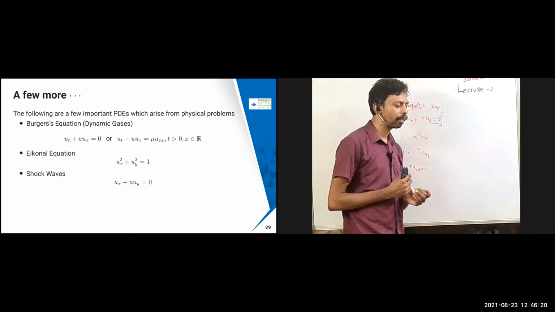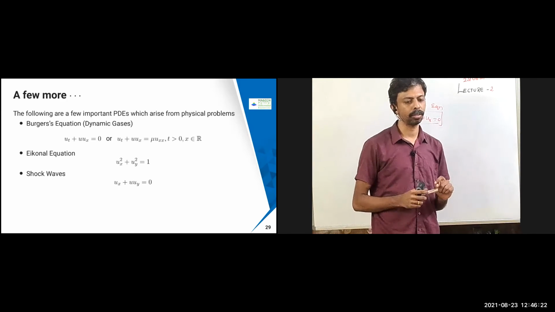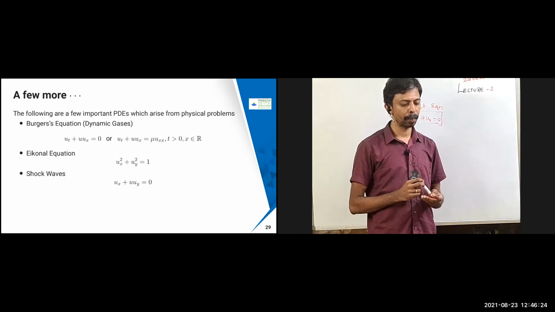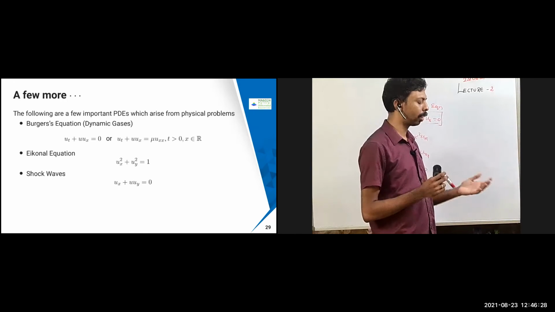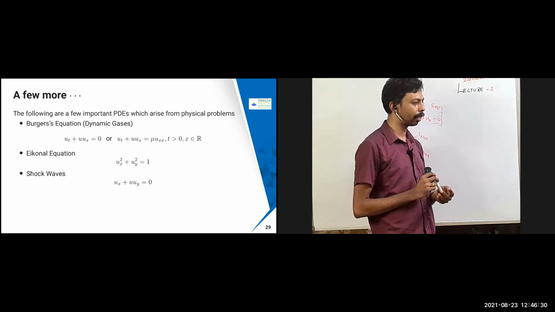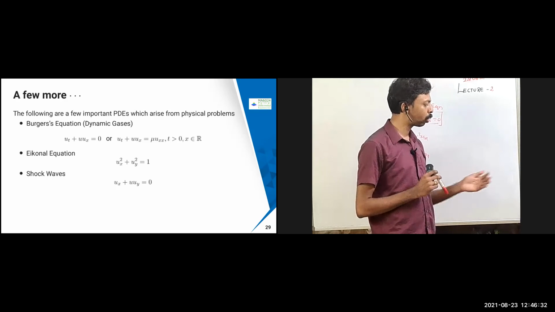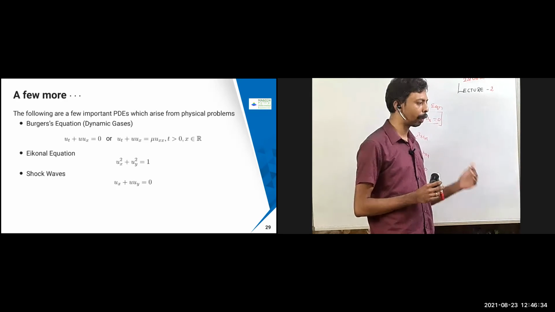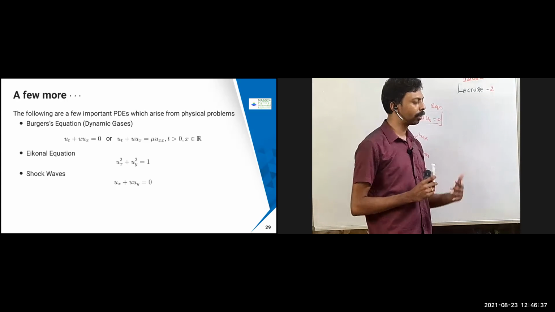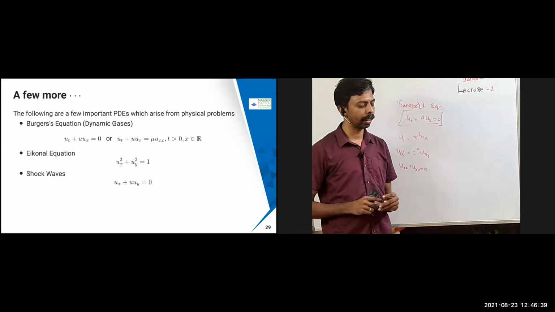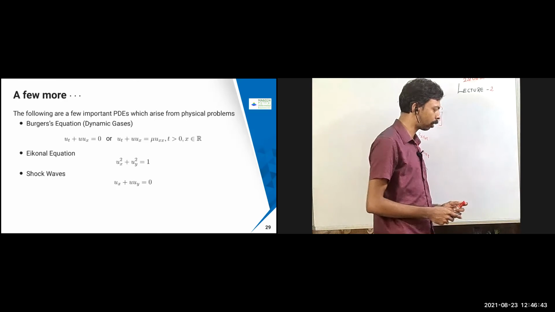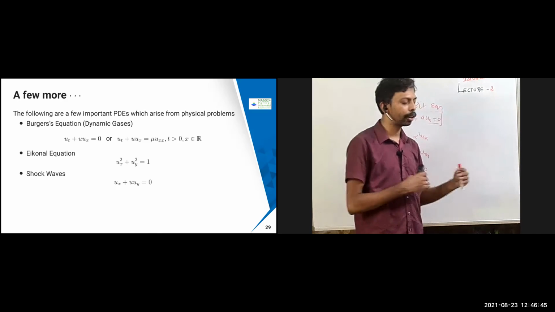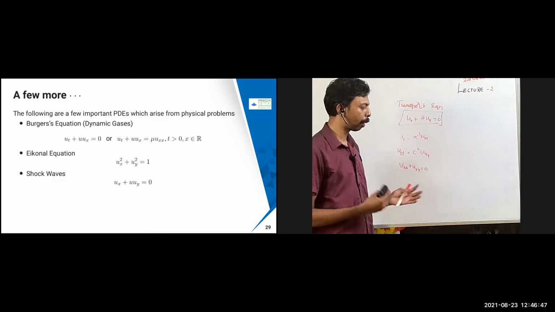Shock waves are one of the important things. For example, you might remember Kalpana Chawla, who died when the space shuttle crashed on entering the earth. Those things are due to the shock waves problem, which is one of the partial differential equations describing how the space shuttle is going to collapse when entering the earth, etc. Those things are discussed using the shock wave equation, because here a discontinuity is going to be formed. The discontinuity of the problem is going to be discussed.